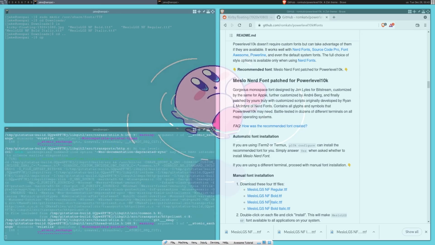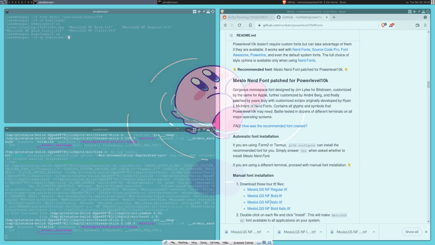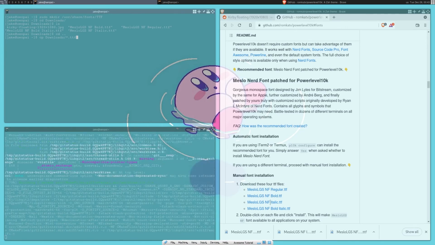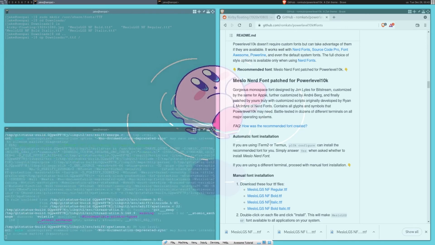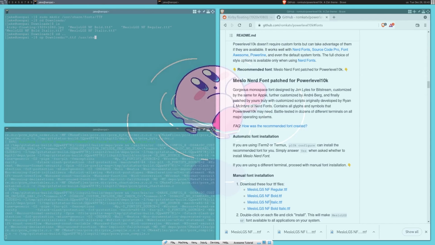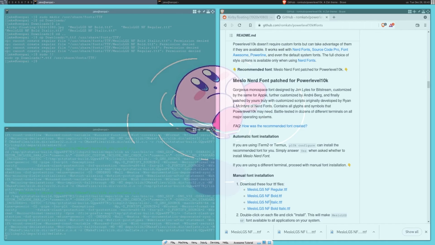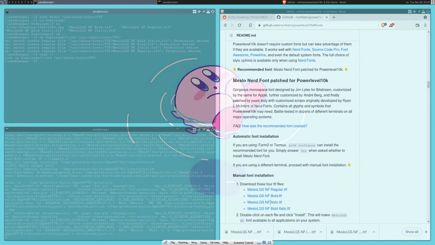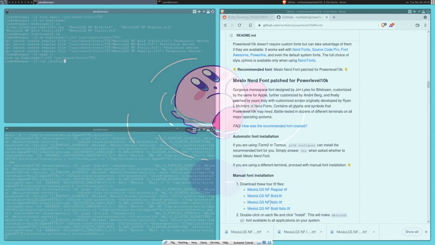We're gonna copy everything that's .ttf to /usr/share/fonts/ttf. Okay, so now that that's copied,